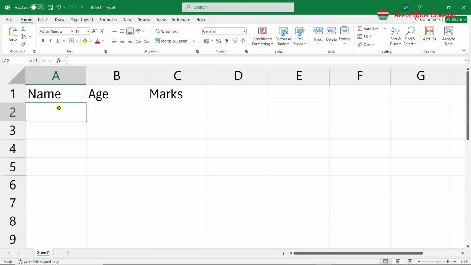Cells. Cells are the small boxes where rows and columns intersect. Each cell is identified by a unique cell address, combining the column letter and row number. For instance, the cell in column A and row 1 is referred to as A1. A cell can contain different types of data, including numbers, text, and formulae. The active cell, the cell currently selected, has a bold border around it and its address appears in the name box.